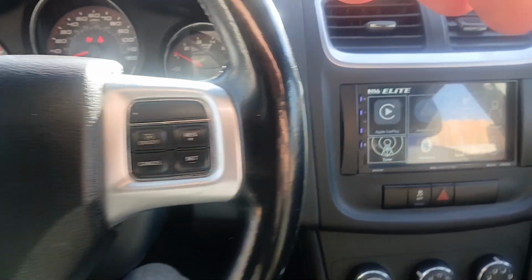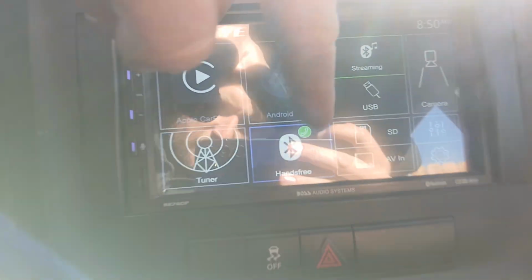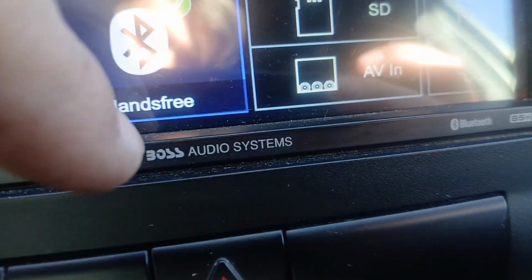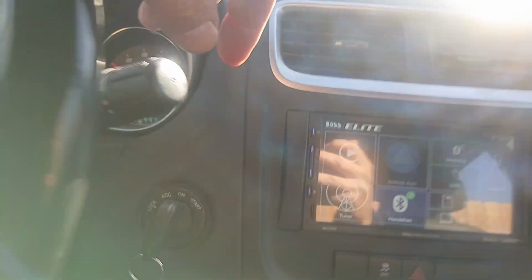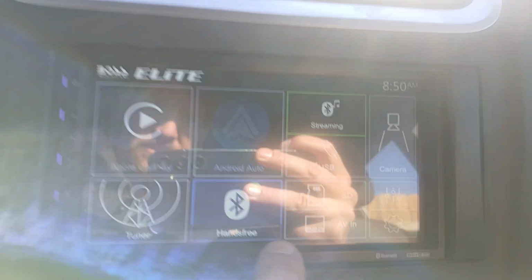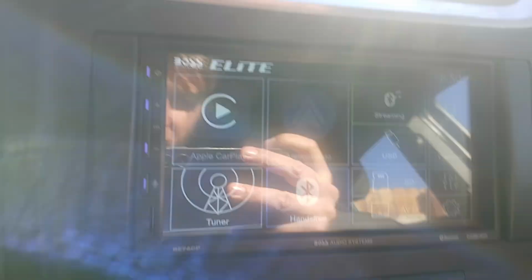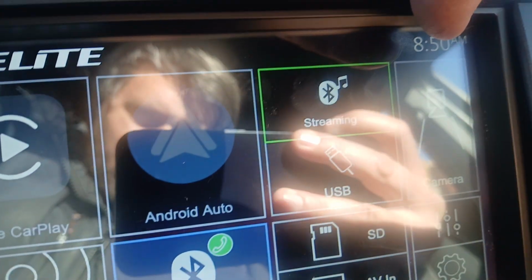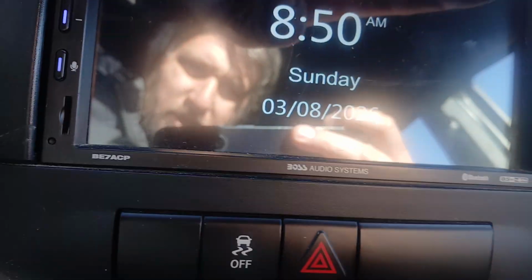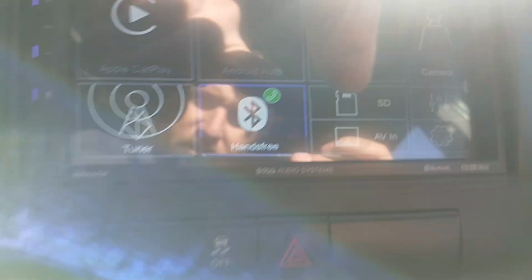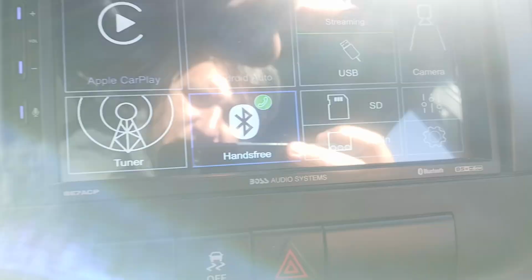Today I'm going to show you how to reset your display time in a Boss audio system aftermarket radio. So first, make sure your vehicle's turned on, which this currently is, and then from your home screen here on the top you'll see the time. You'll just be able to push it directly to show the bigger display, and then push it back to turn this on. And then in settings